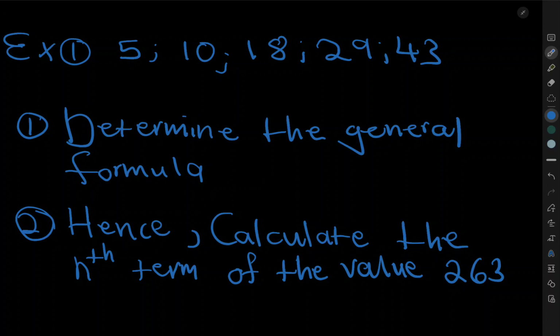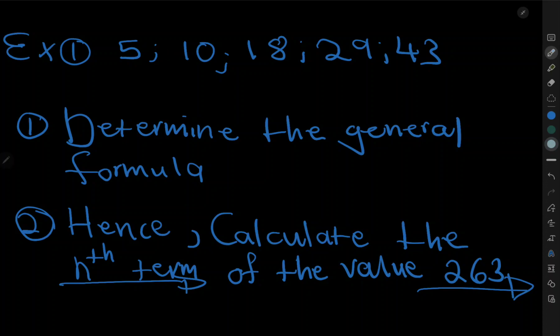So here they basically want you to calculate or determine the value of Tn, and the second question says hence calculate the nth term of the value 263. So basically here they just want you to find the nth term if Tn is 263, right? So for us to be able to do that, the first thing that we need to do is obviously determine